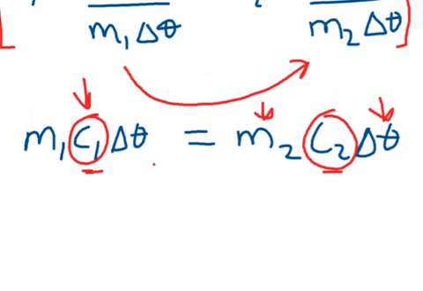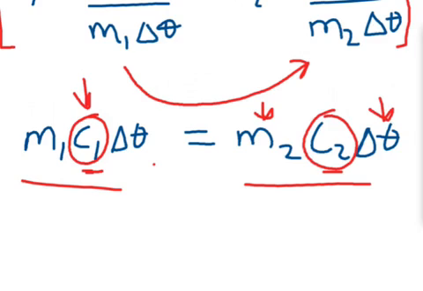We have to make A equal to B, since the quantity of heat is the same for A and B. So we use that opportunity to make this side of the equation equal to this other side of the equation,